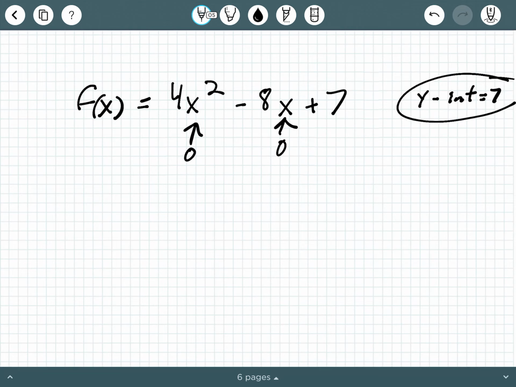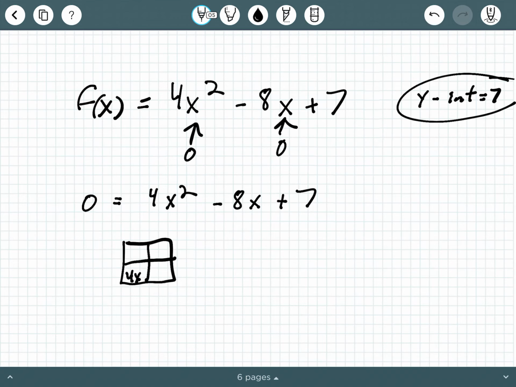Believe it or not, that was actually the only thing you needed to be able to identify which graph matched this, because only one of them had a y-intercept of 7. You could keep going, though, and to continue, you would be thinking, okay, how can I get my x-intercepts, or values when y is 0? So you'd be solving 0 is equal to 4x squared minus 8x plus 7. That's when we can try to factor first, and if that doesn't work, then we have to move on to another method. If we look at factoring,